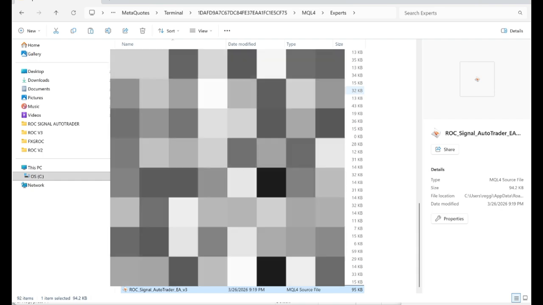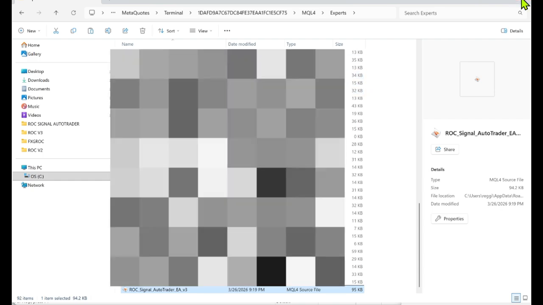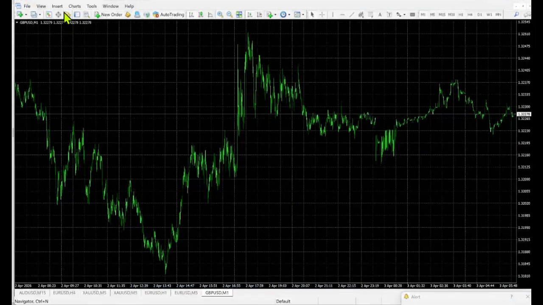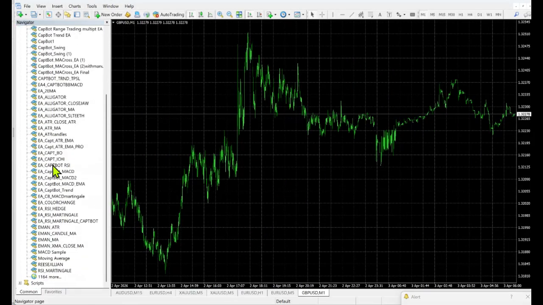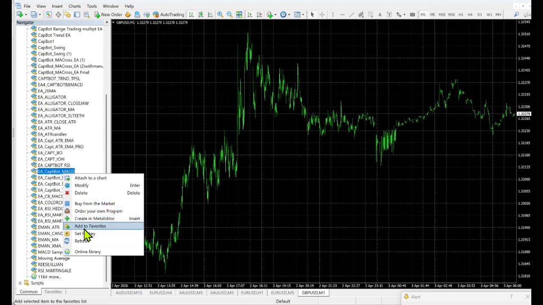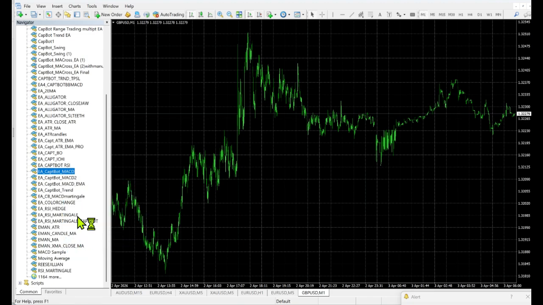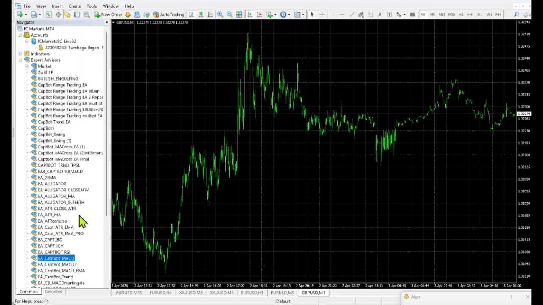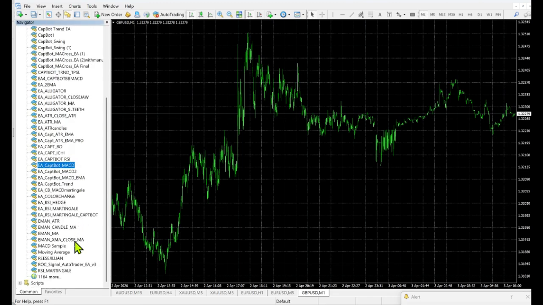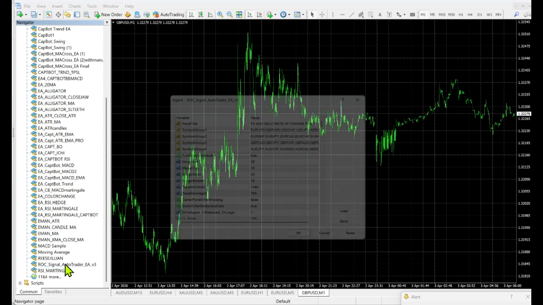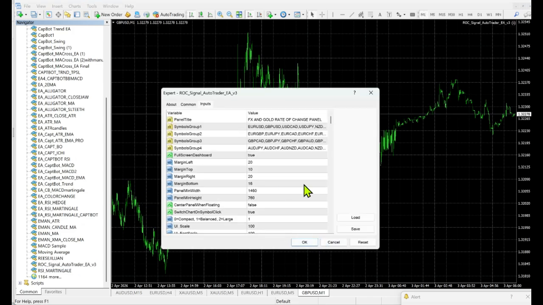Then after that you can close. Come back here again. Sometimes like this one, it's not immediately here. You refresh. Then it's here. Double click. Okay, once you open this window, then you have to load